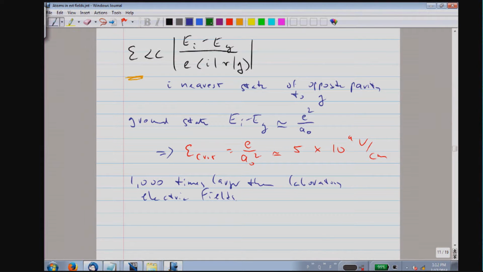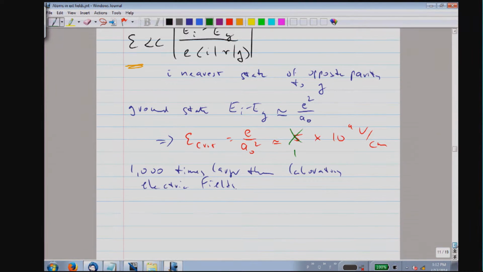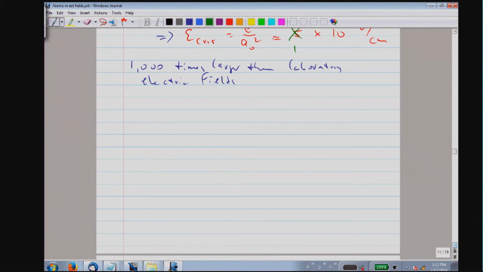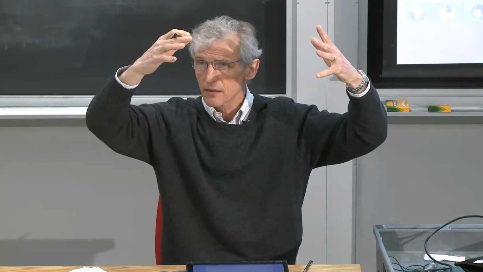Actually, to be a little bit more precise, when I used the Rydberg and a naught, I made a little bit of an overestimate. So typically the critical electric field, which would cause the breakdown of perturbation theory for the ground state, is around 10^9 volts per centimeter. Okay, so we are safe when we talk about ground states, but once we go to the excited state, we have